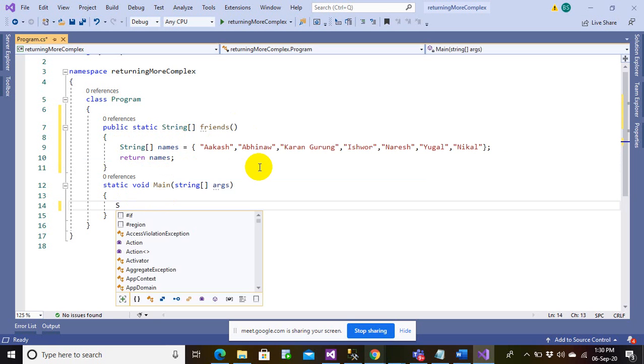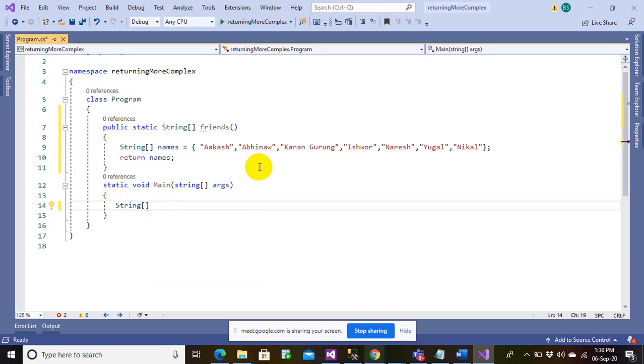In order to get this, I need to have an array, n equals to, let's say, friends. So this n is now an array and friends is returning an array. That's why I have to store that in an array. Now I can iterate through each and every element of n.